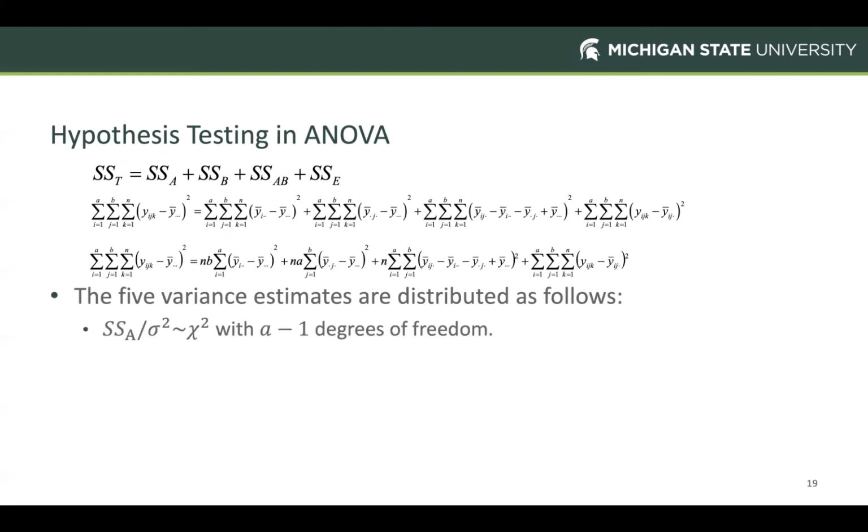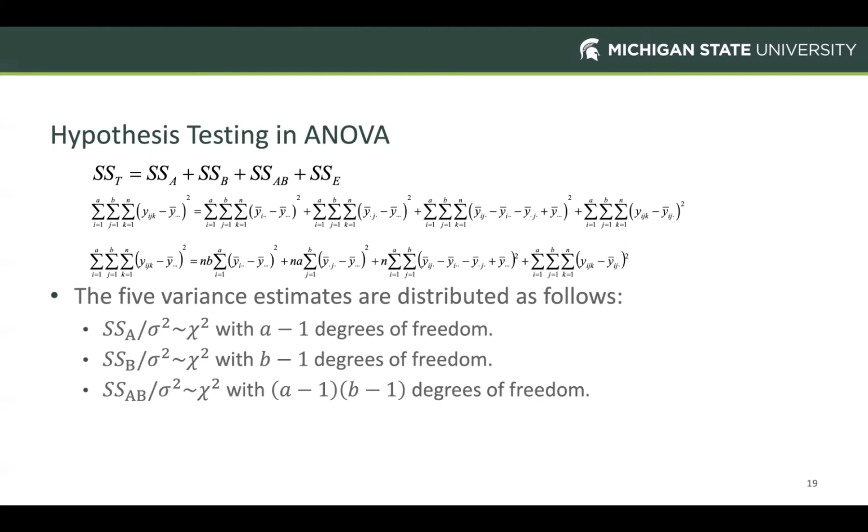So we have our sum of squares for factor A with A minus 1 degrees of freedom, so just the number of groups, in this case, the number of noise levels minus 1. For factor B, the same situation. We have the 3 pavement depth, rumble strip depth groups that we'd seen previously. And so we have B minus 1 degrees of freedom for factor B. For our interaction term, we basically have the product of those 2, so A minus 1 times B minus 1, which in our case would simply be 1 times 2, or 2 degrees of freedom. And then whatever is left over is then attributed to our sum of squares of error,